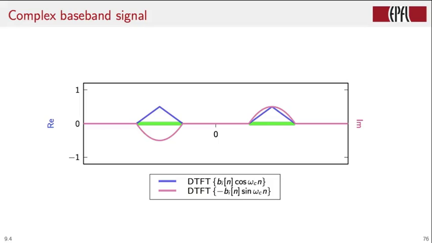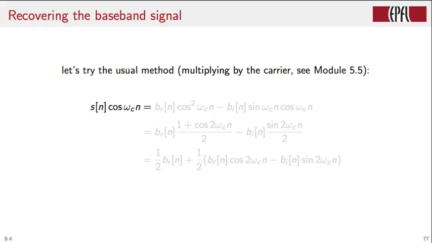Okay, so now let's assume that the transmission goes well, and our job at the receiver is to recover the complex baseband signal. A naive approach: we try the usual method, which is multiplying the signal by the carrier. Well, in this case we have two carriers, the cosine and sine, so let's start by multiplying by the cosine. And so if we take s of n, which is the transmitted and then received signal, and we multiply it by cosine of omega c n, what we obtain is Br, the real part of the baseband signal, multiplied by cosine square of omega c n,